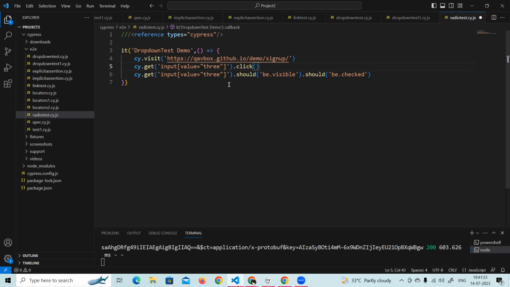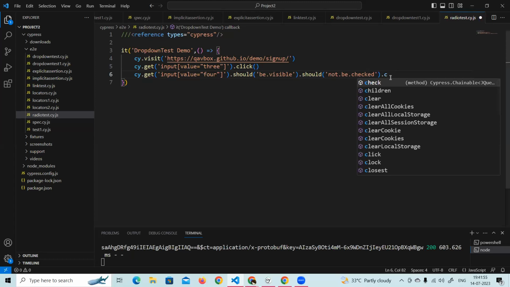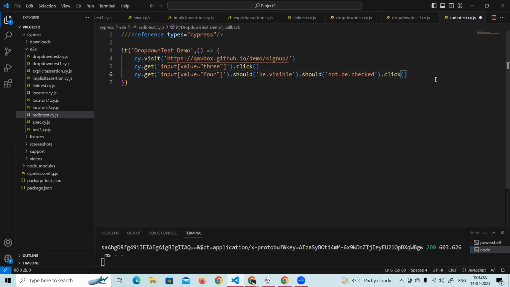Or otherwise, suppose I take a different element, let's say 4. Okay, so this element is not checked. So I can also use a negate condition now, not be checked. Okay, so this condition will pass. It is visible and it is not checked, right? And after checking all this, I can perform a click operation. This will also work. You can check and then you can perform some operations,